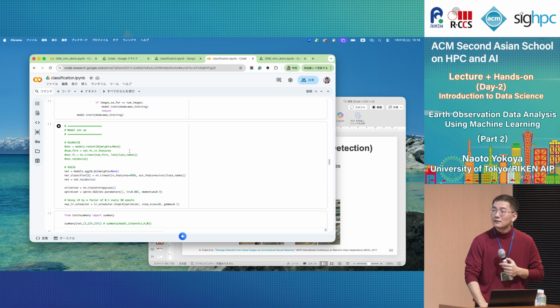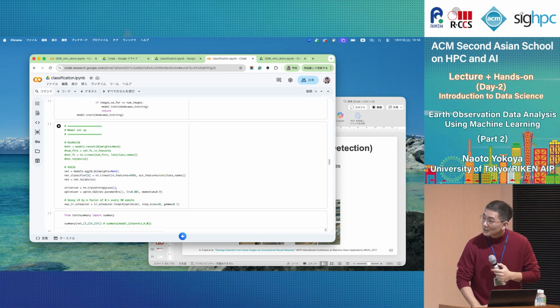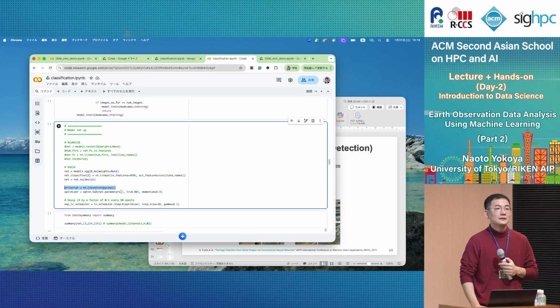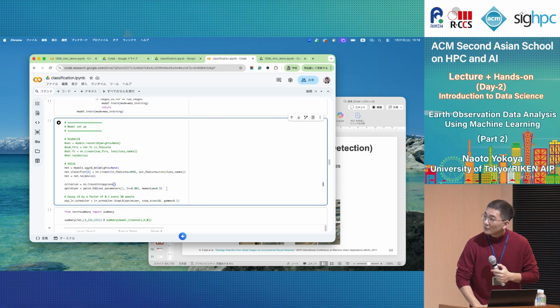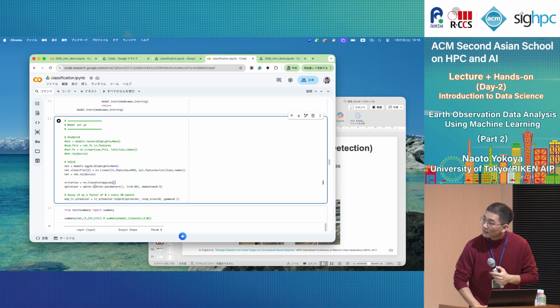Lots of complicated things can be written with one line. But you can see here, this is very important. Loss function. You can change. You can even write yourself. You can decide what kind of loss function. But yeah, cross entropy loss or